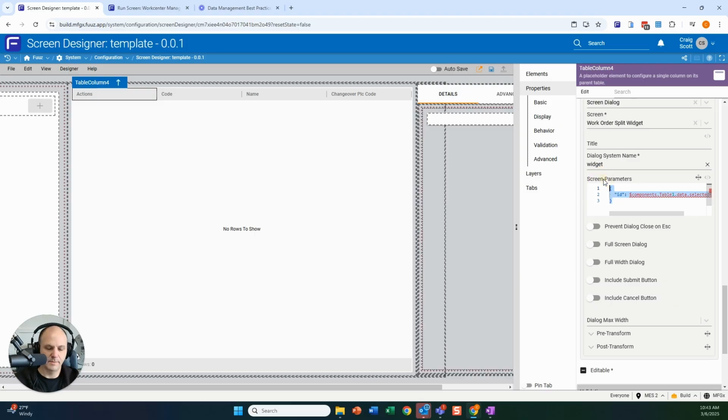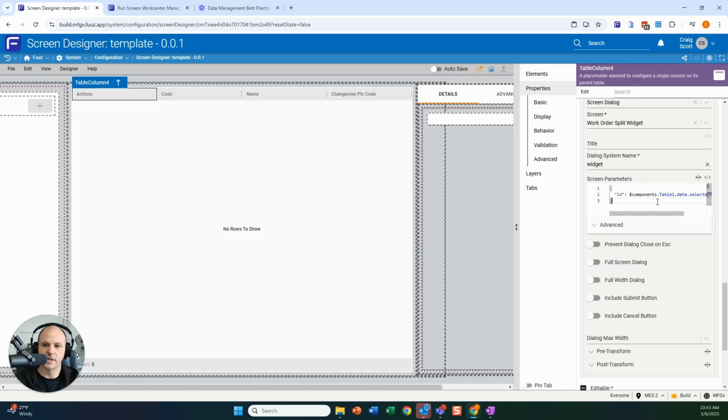Let me copy that and actually go into the code editor, paste that. So there we go. So that would take the ID. It's going to say, hey, this screen that's going to pop up, I want to use the ID that comes from the row where I clicked the button, right? It's that row data. And I want to pass that in as the ID to my form. This might actually be simpler. Do row data.id, bada boom. There we go. So it's going to take the data from the row, which is the work center ID. It's going to pass it into this magical form that's going to pop up,